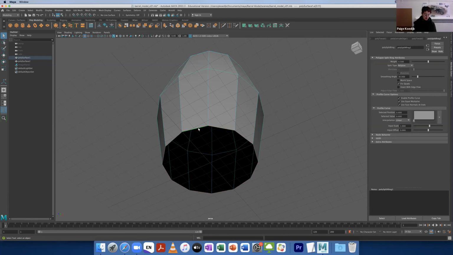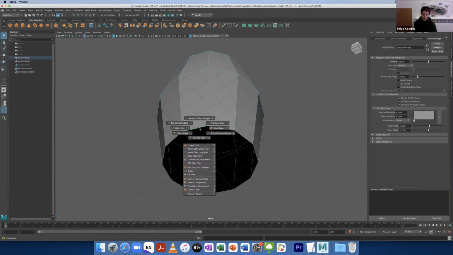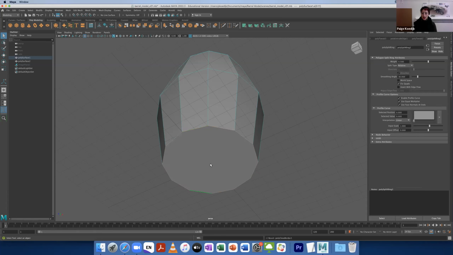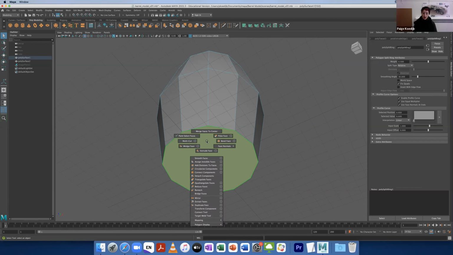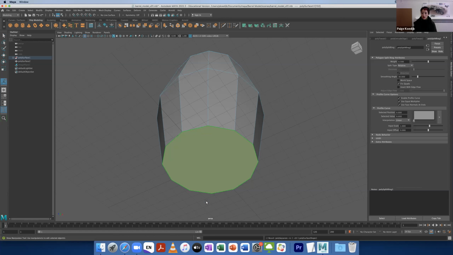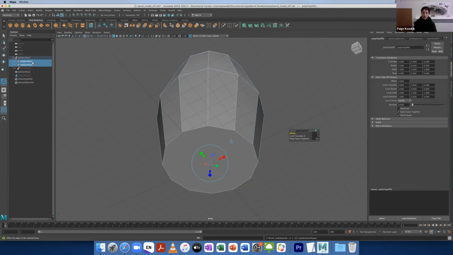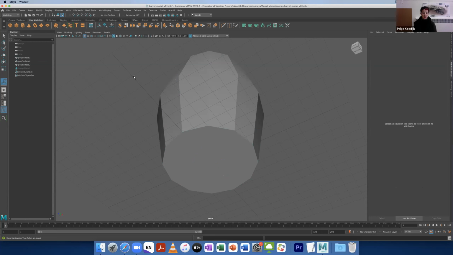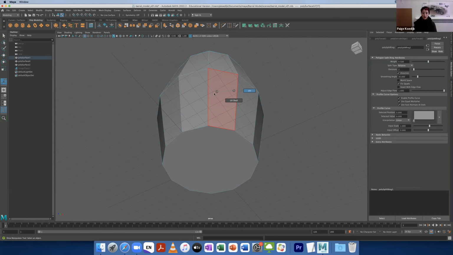So another option is to just use fill hole. If you grab the edges of the hole and then shift right click, you can go down to fill hole, and it's just going to create a flat plane with no vertices. So that's another option. And if I do the exact same technique, I can detach it. I can just go to extract faces straight away, and it's now a new piece of geometry in my outliner. I'm going to grab those, drag them out, and delete that. And now I have three